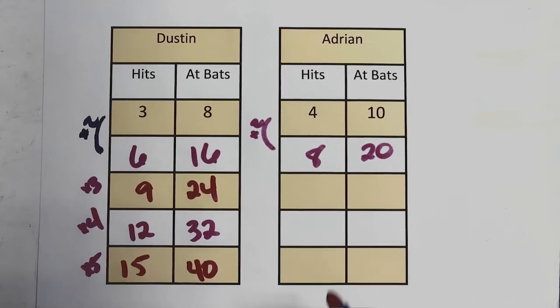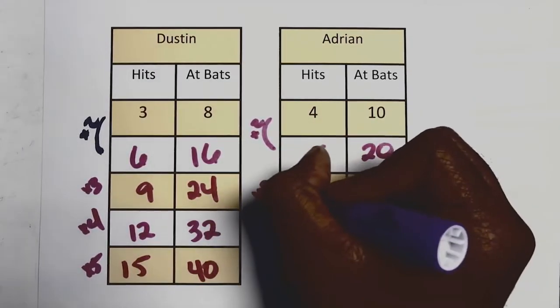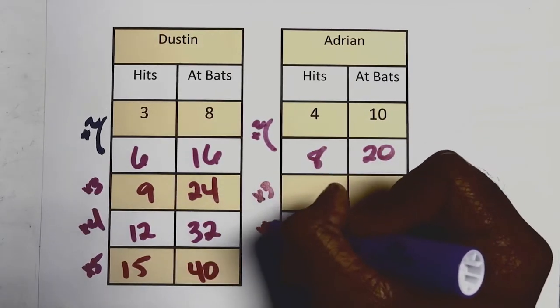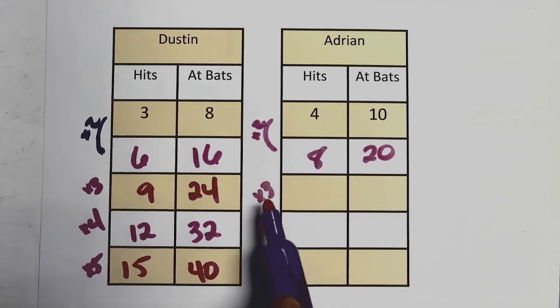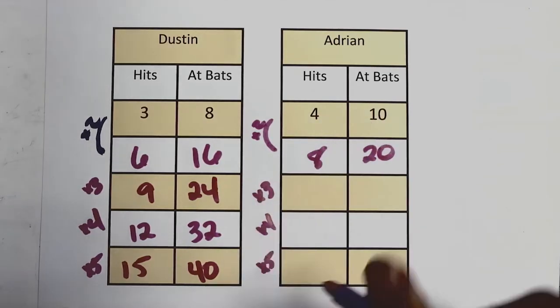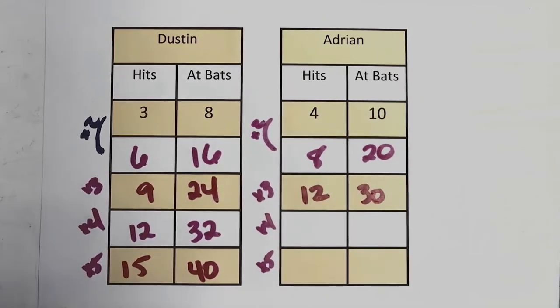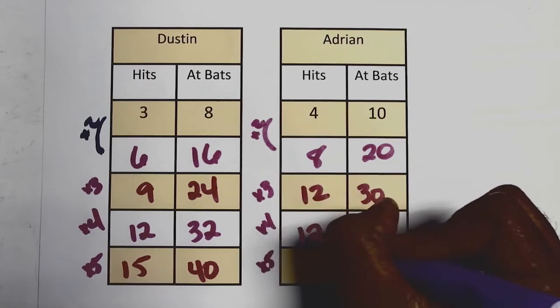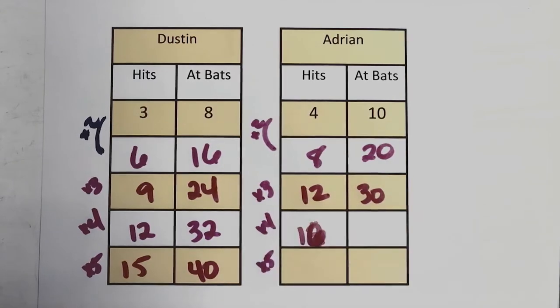Now I'm going to do the same thing with Adrian's table. I already multiplied the first terms by 2, so now I'm going to do this one by 3, this one by 4, and this one by 5 if needed. So multiply 4 times 3, 10 times 3, that's going to give me my 12 and 30. Good job. Keep going. Now 4 times 4 and 10 times 4 is going to give me, for my equivalent ratio,